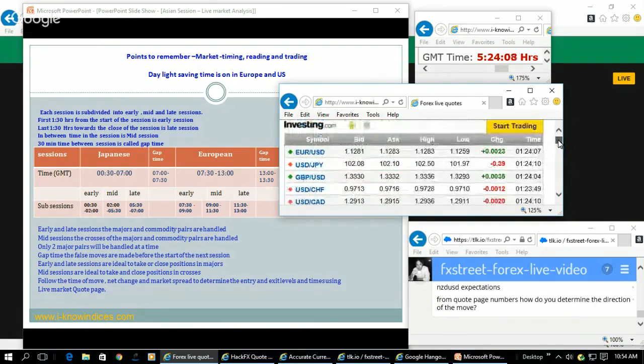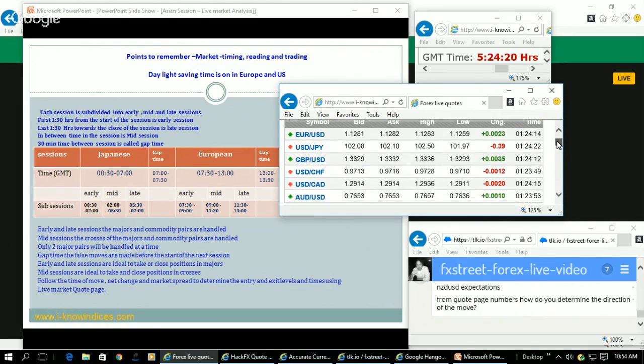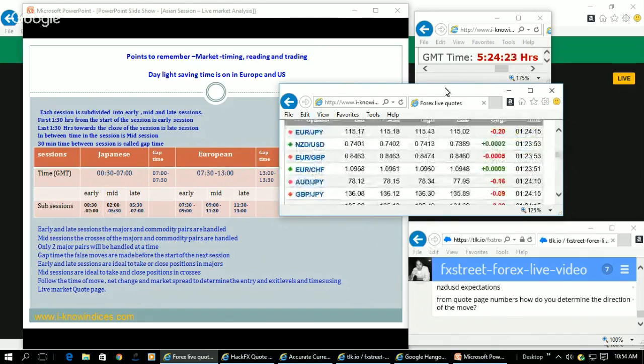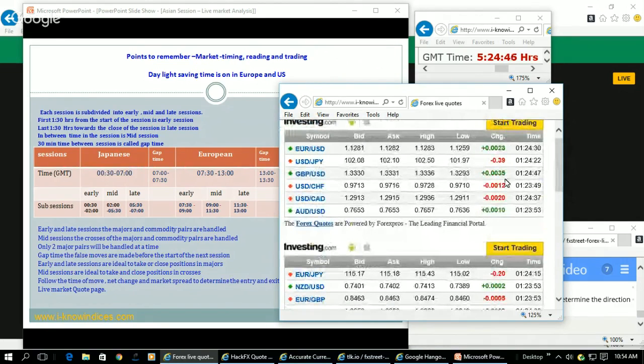Let me explain to you with the help of Euro to start with as a simple mechanism. In Euro, you find it is showing 23 pips positive net change. So that means it is in the gaining mode. And now you take the crosses, the Euro crosses. Here Euro Yen is in the negative net change, because Yen has made more dip when compared to that of Euro. So as a result, it is making a nominal dip. And in the case of Euro GBP, which is showing negative net change, because Euro is showing less positive net change when compared to that of GBP.